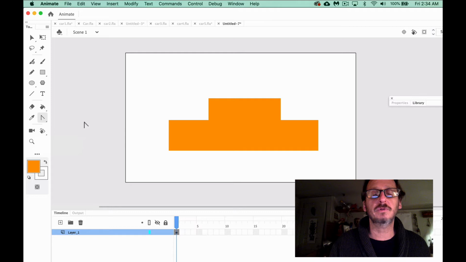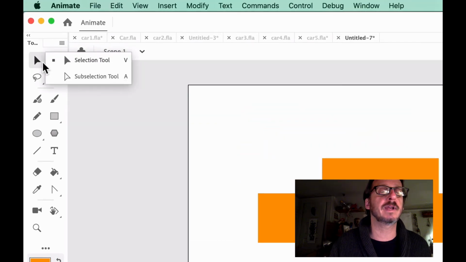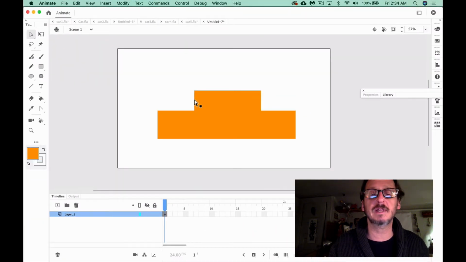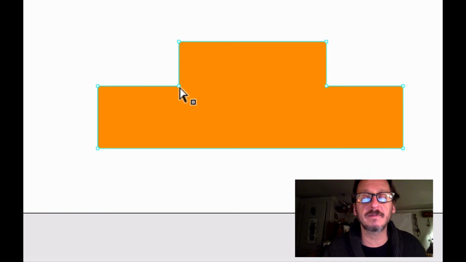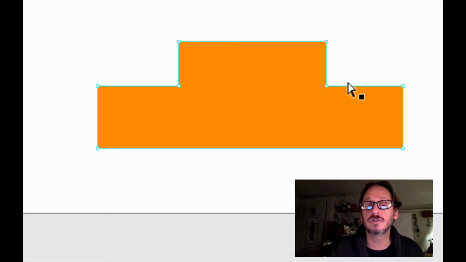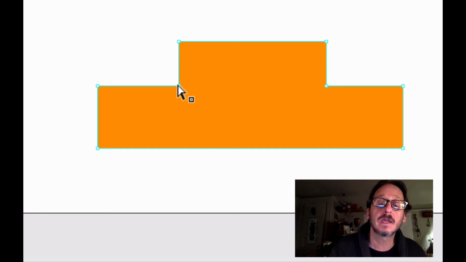Now, the first tool I want at this point is the white arrow, as I was saying, because if I click the edge of this object now, I see very clear anchors in just the right spots. There's no record of it having been two shapes. And now I'm going to get busy by clicking anchors and then dragging them.